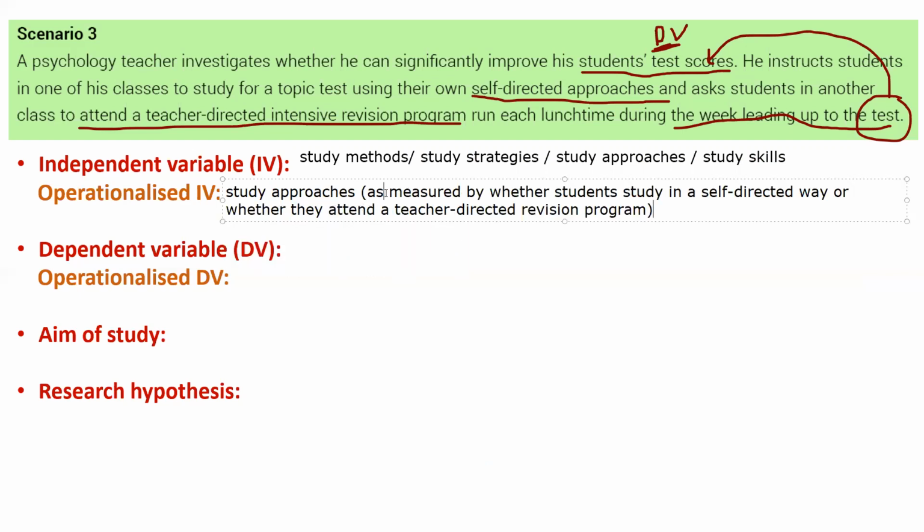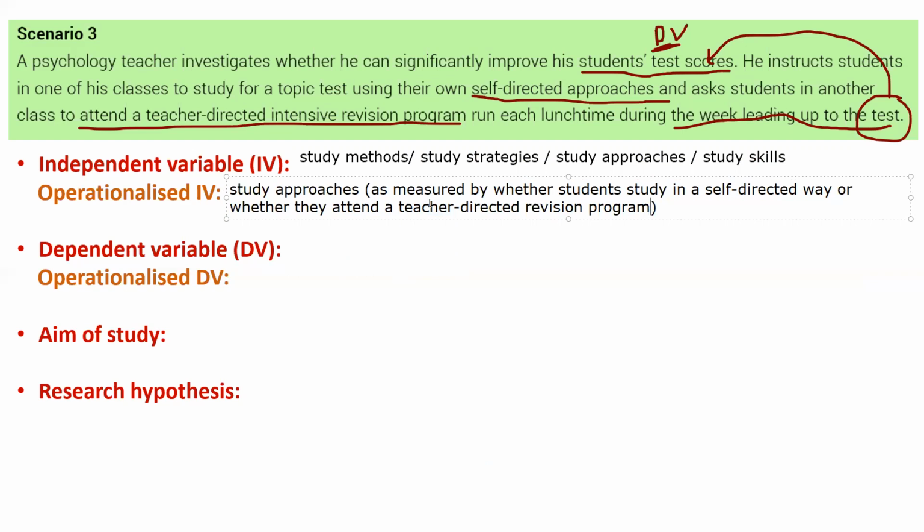So you can see how that gives us a lot more detail. Remember there are millions of study approaches out there, doing concept maps, doing Kahoots, working in groups. But when we look at the operationalized IV, it tells us to forget about all the millions of other study approaches out there. These are the two study approaches we're focusing on in this particular experiment. That's what the operationalizing part is about. If we look at the DV now, we said the DV is what we're measuring for change. Simply put, we can say that the DV is the students' academic performance, or we can even say the